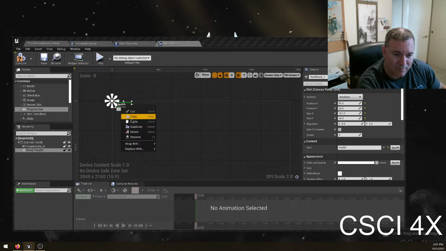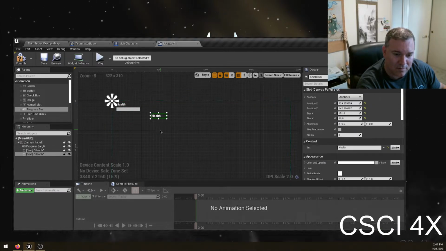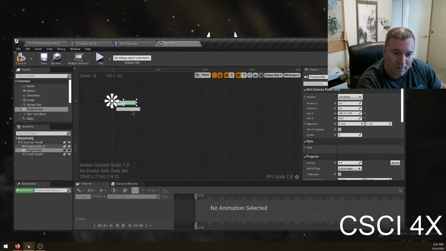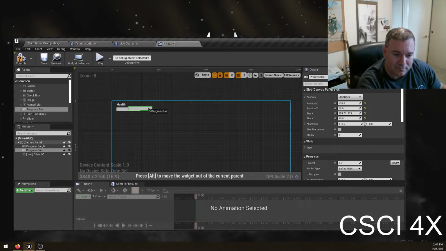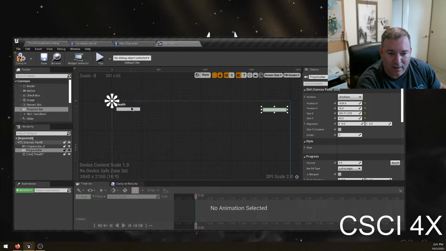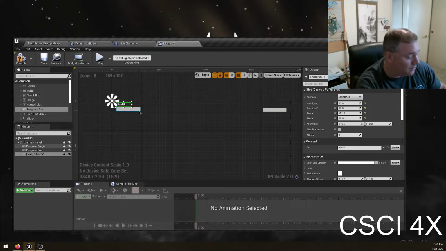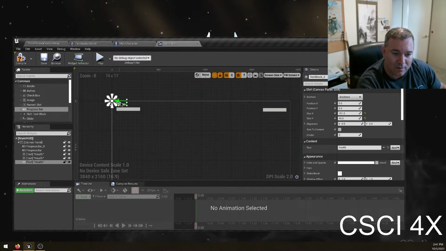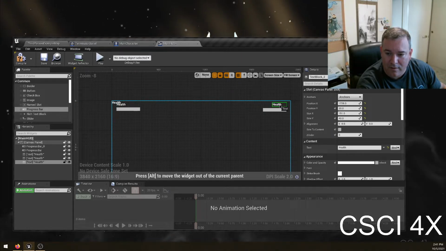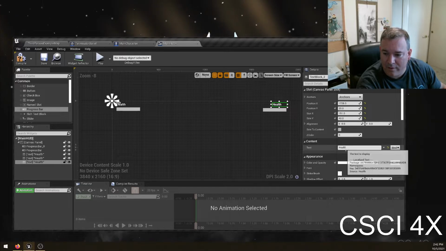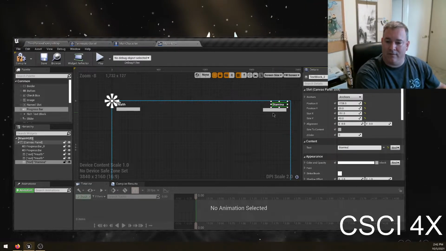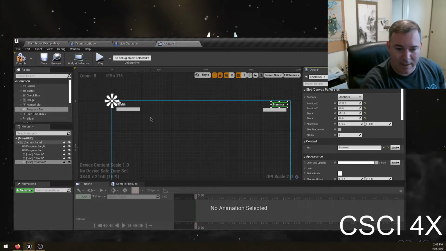Can I not copy and paste multiple things? Weird. Only copied and pasted one thing. Okay. Yeah. So let's just put that over here. I just want it to be the same size. And if I can line it up later, copy paste, put that over here. And so this one will be stamina,